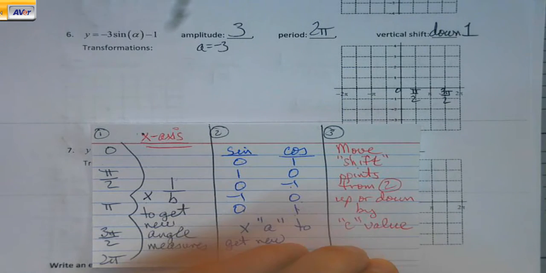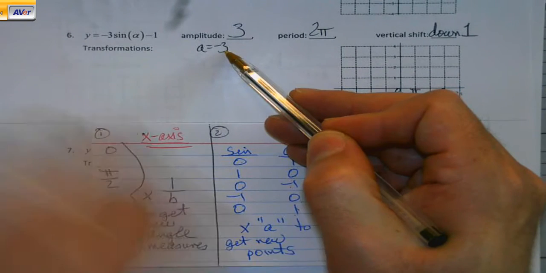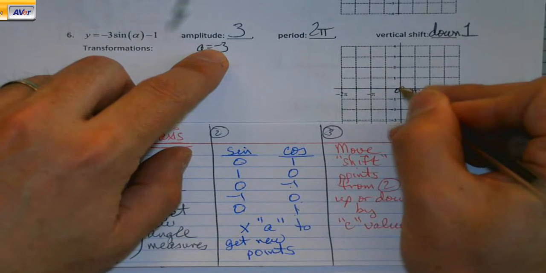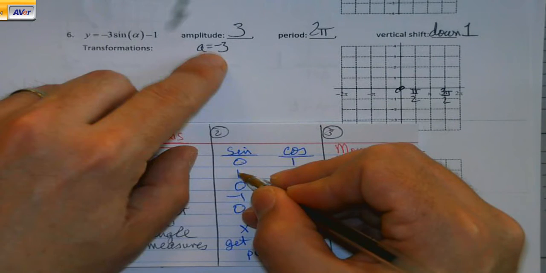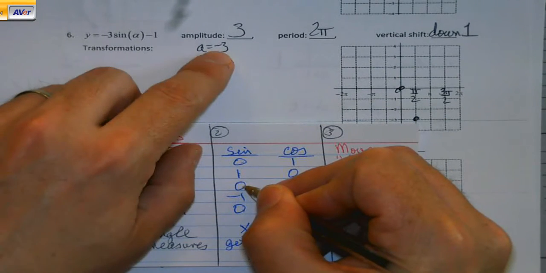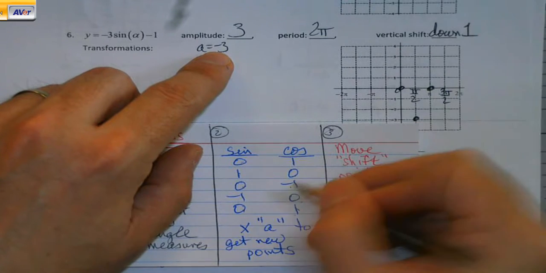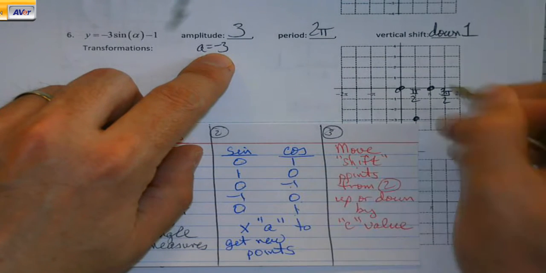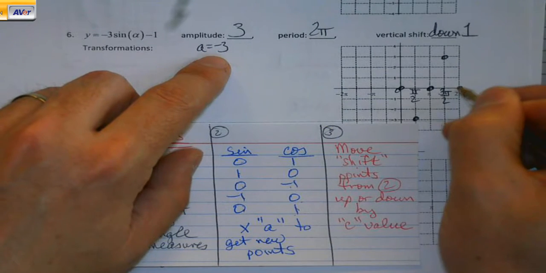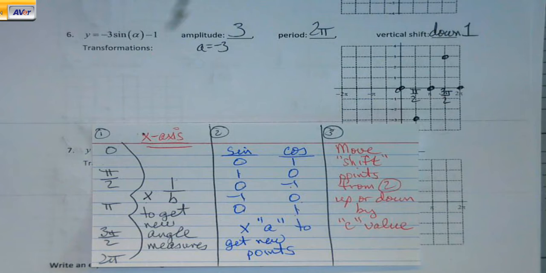Then again, remember, it's the A value that I'm multiplying my sine by. So 0 times -3 is 0. 1 times -3 is -3. 0 times -3 is 0. -1 times -3 is 3. 0 times -3 is 0. But again, no connecting yet